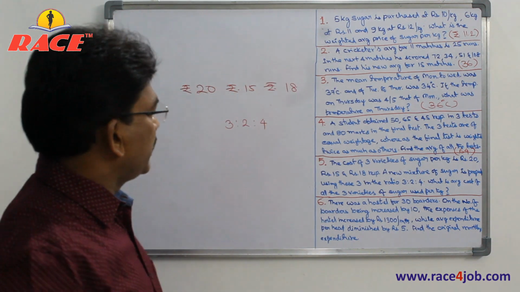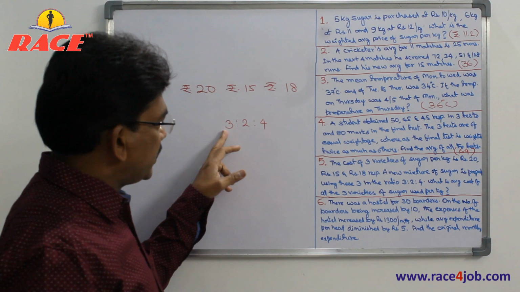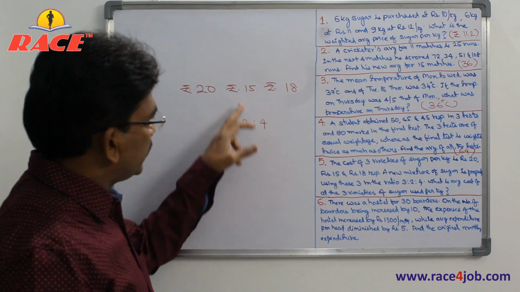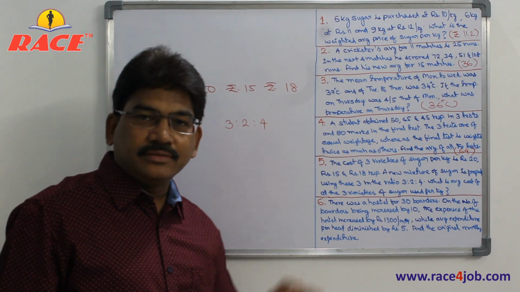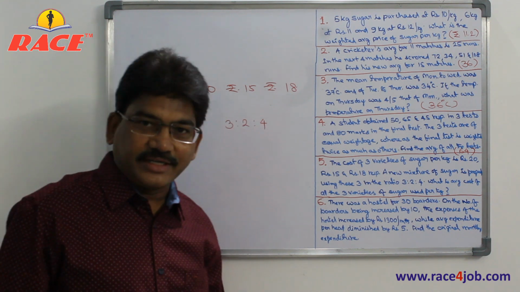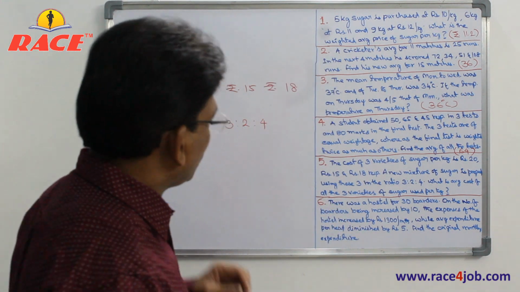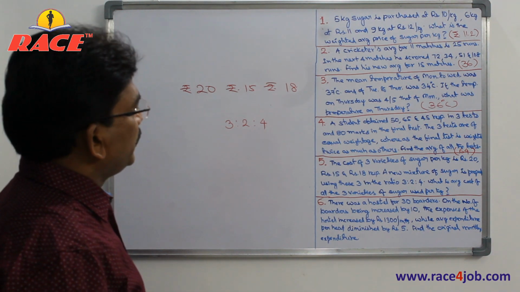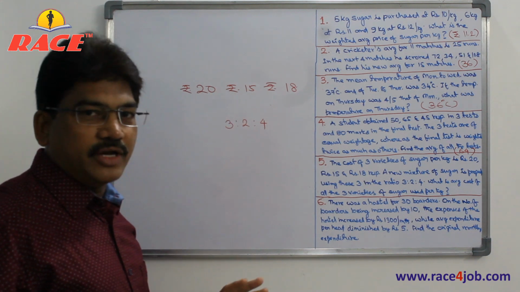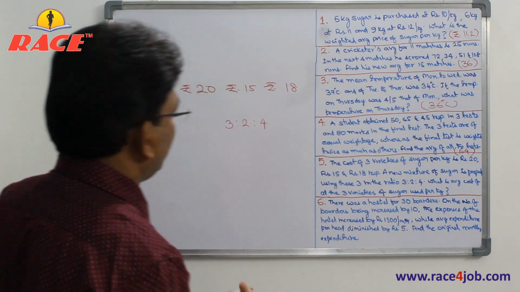Average cost. So how do we take? Conventional approach, 3x, 2x, 4x. This is 3x quantity, this is 2x quantity, this is 4x quantity. 3x into 20, 2x into 15, 4x into 18. Add, you will get the total value, divided by 3x plus 2x plus 4x quantity. You will get the average. Okay, the simple approach, our concept. Out of these 3, the lowest value is 15. I take the assumed average as 15 only.